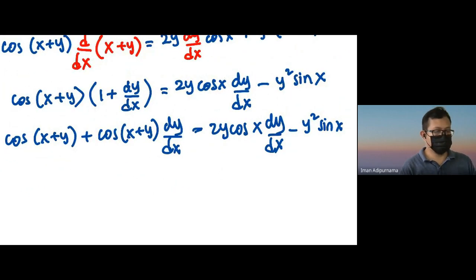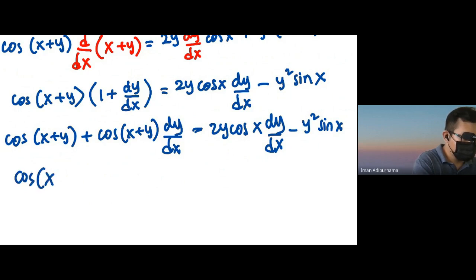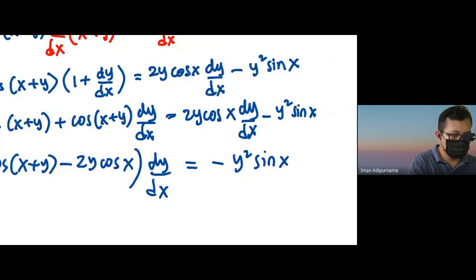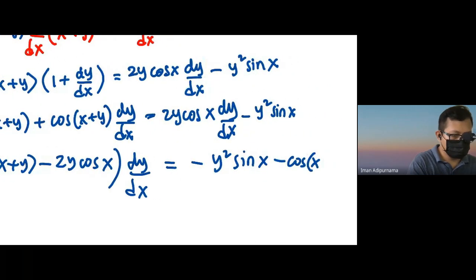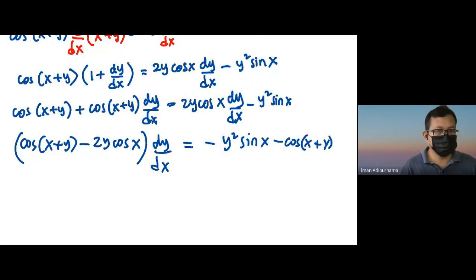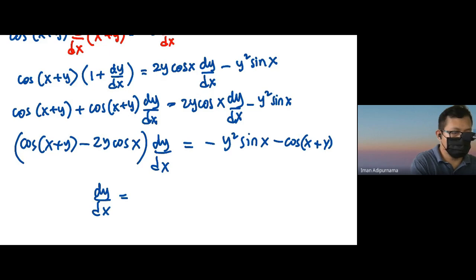All right, then we can group all together, minus 2y cos x. Then dy dx is